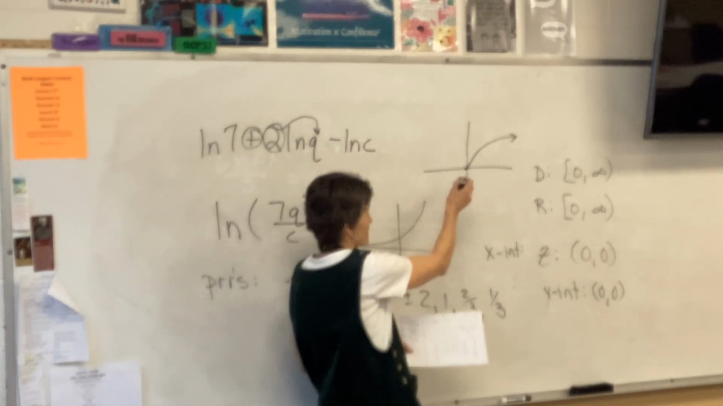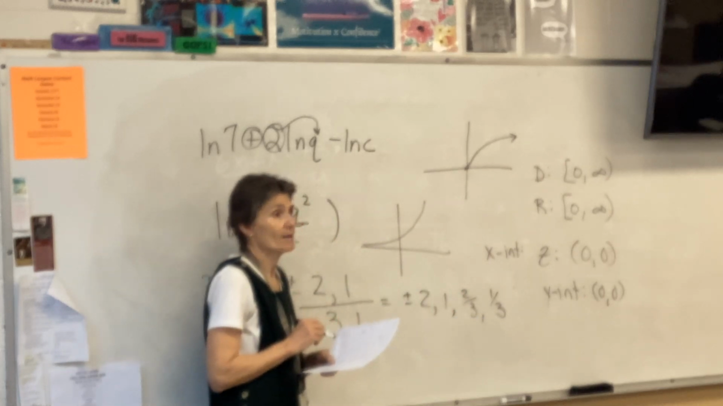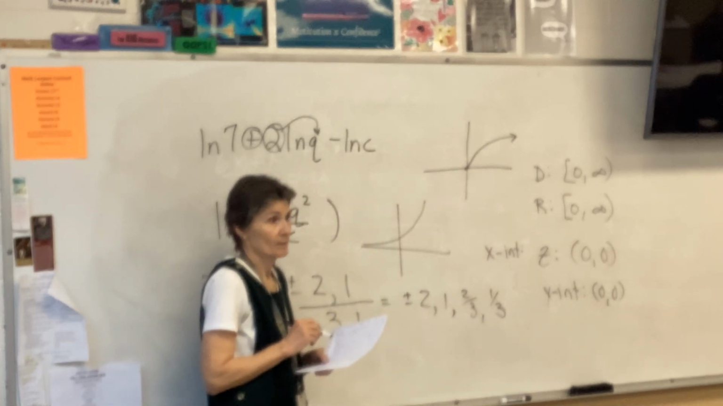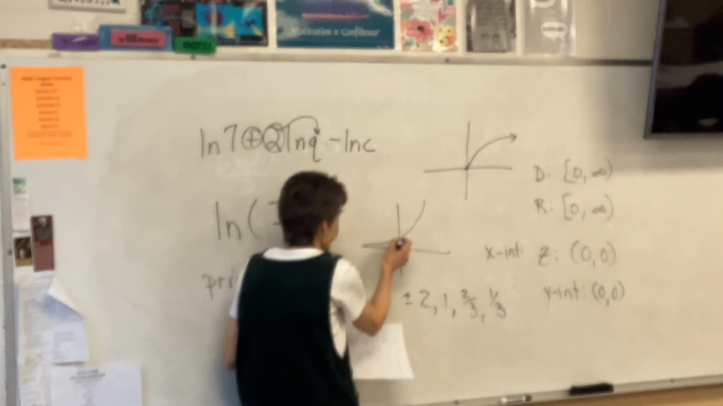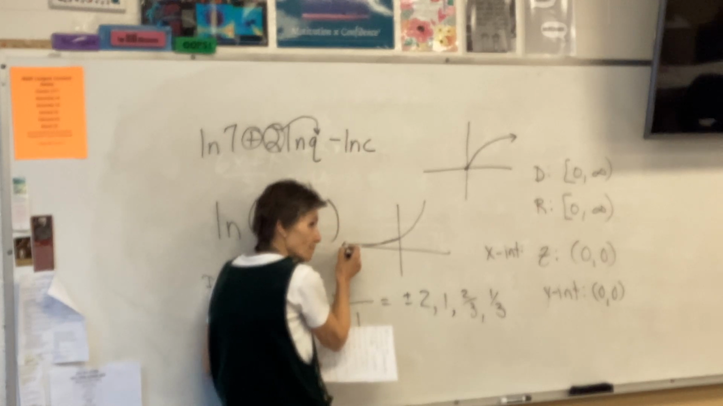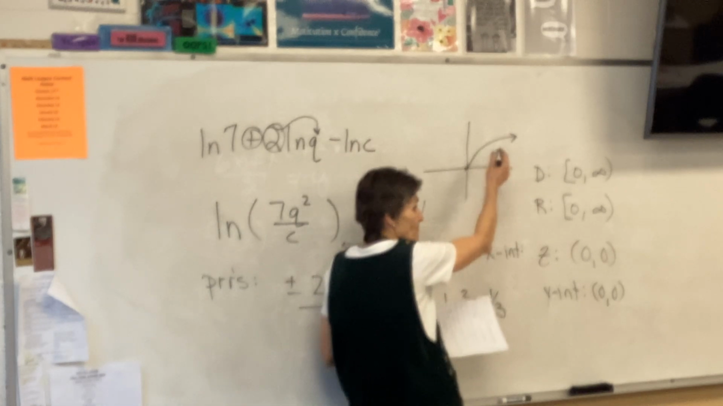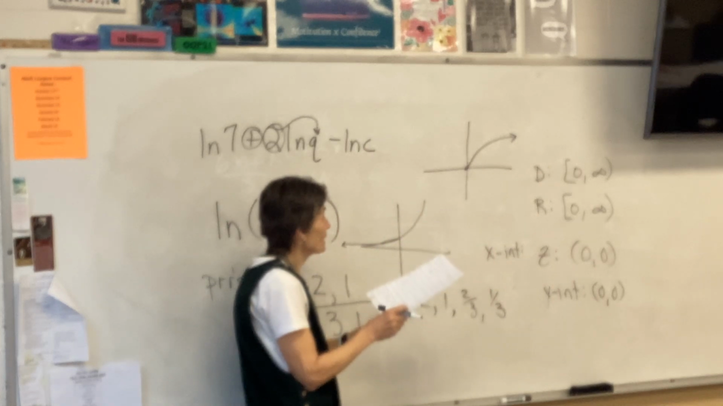Does the square root function have any asymptotes? No. This one has an asymptote. Asymptotes are things that you get closer to. You don't have that in this situation at all, so there's no asymptotes there. And